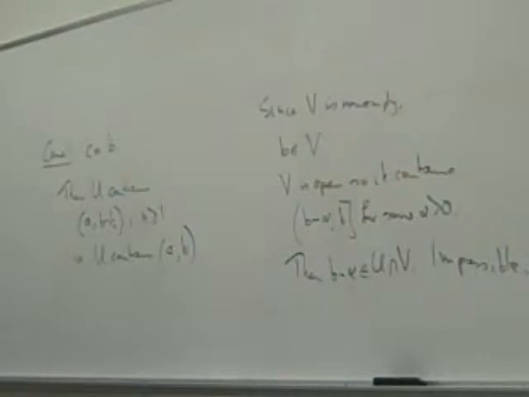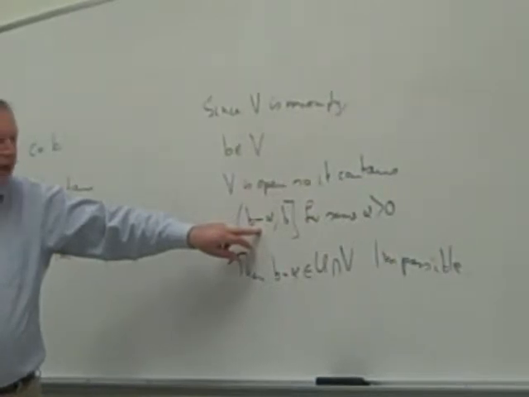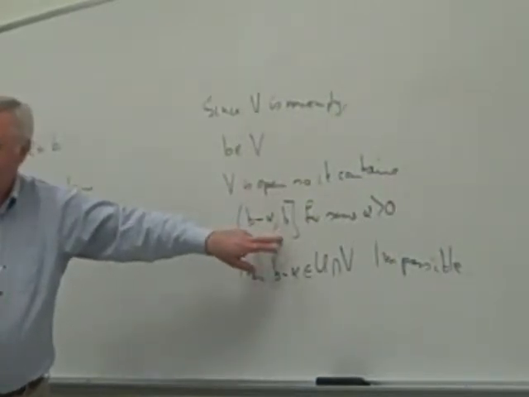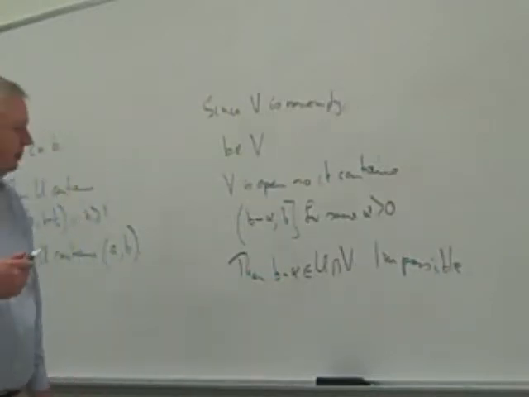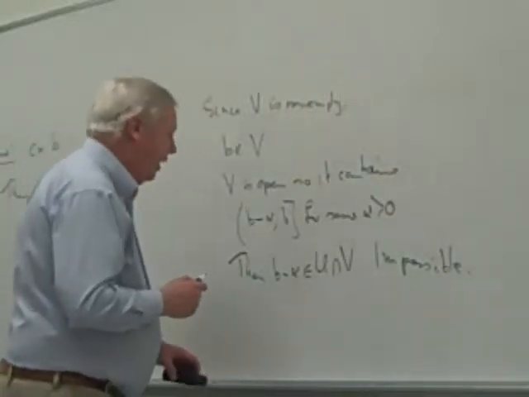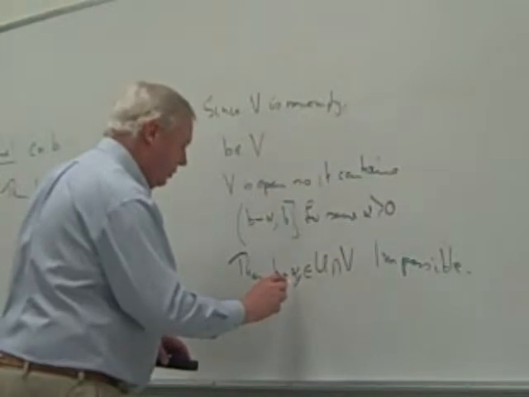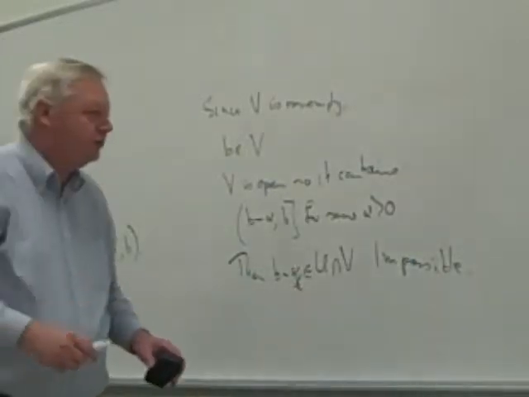B minus alpha is not in V because it is half open? Sorry? B minus alpha shouldn't be in V because it is half open, right? Well, in our set, this counts as open. It's relatively open. Okay? Yeah, I think he means that you're missing the left endpoint, which is B minus alpha. Yeah, B minus alpha over 2. Sorry, I misunderstood your question. B minus alpha over 2 will be in the intersection.